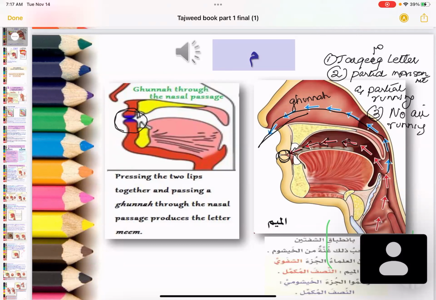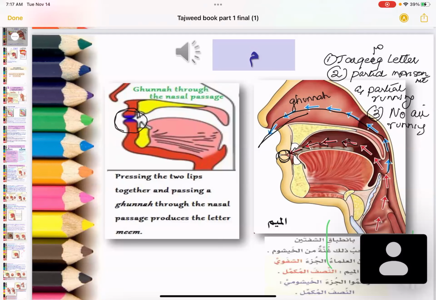Now, meme is also a tarqiq letter. Meme is also called an istifal letter, a tarqiq or an istifal letter, which means the sound is not a thick sound. You don't say more, you say meme, right? Meme. So meme is a thin letter, a tarqiq letter. What is happening in meme is the sound is partially running and partially imprisoned or partially